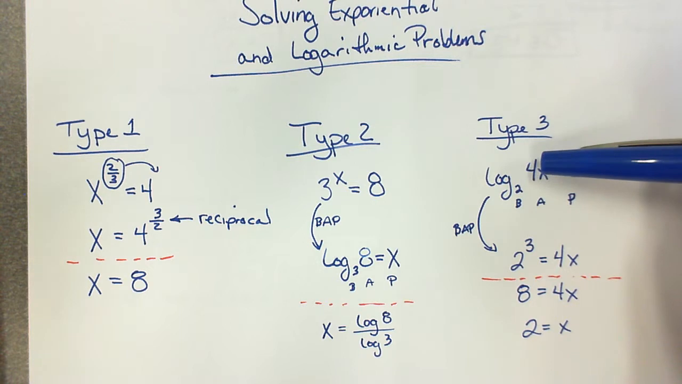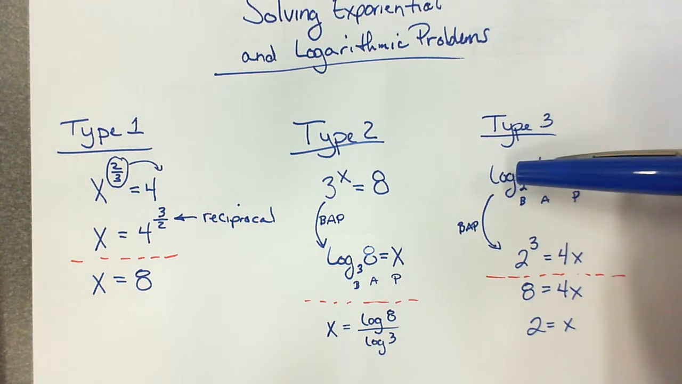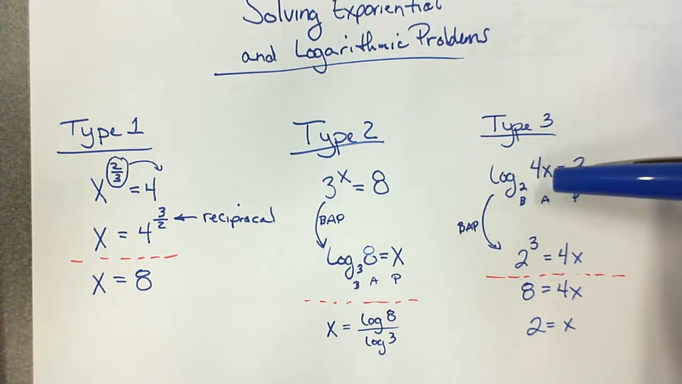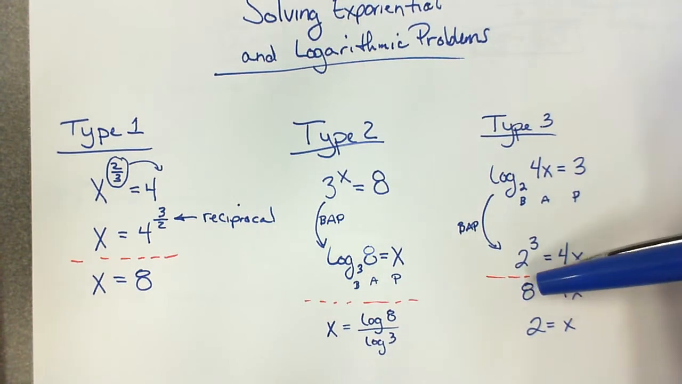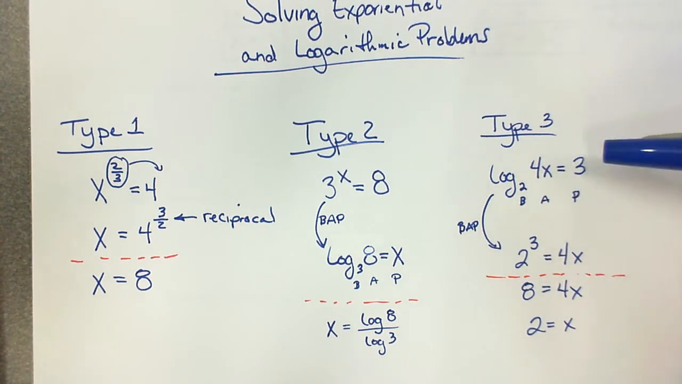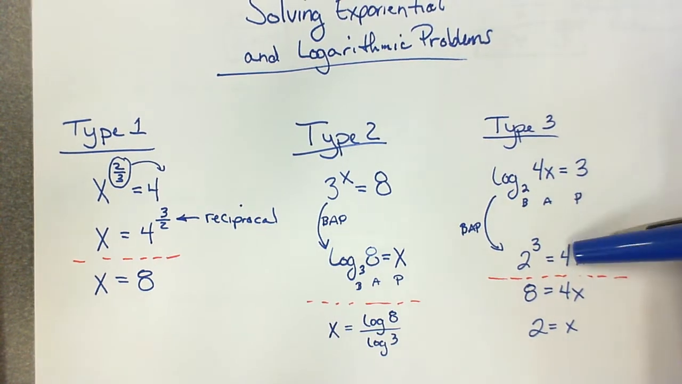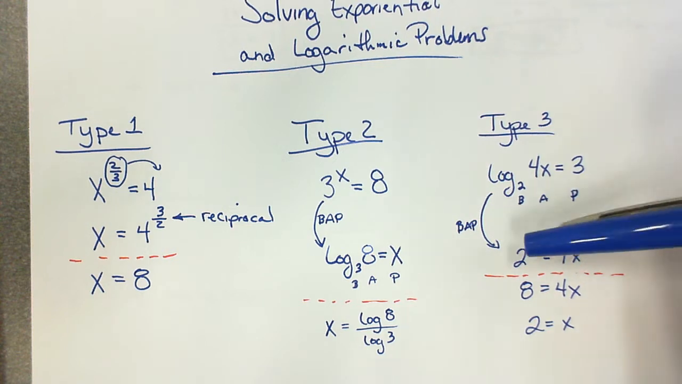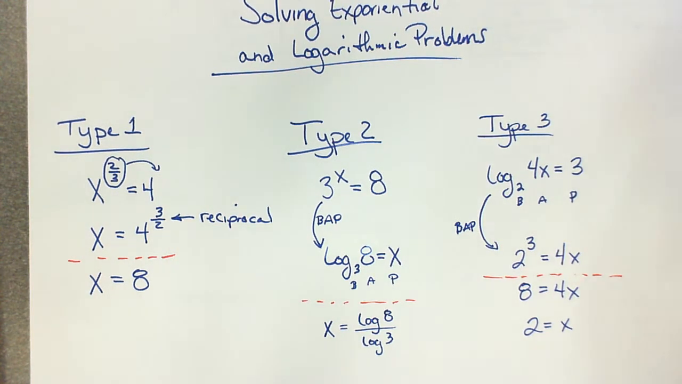Here we had a base, an answer, a power, and because we didn't know what the answer was, we BAP'd it, so we switched it back to exponential form. So 2 to the power of 3 equals 4x. Then you were able to solve that expression. Okay, so the first thing we have to decide is